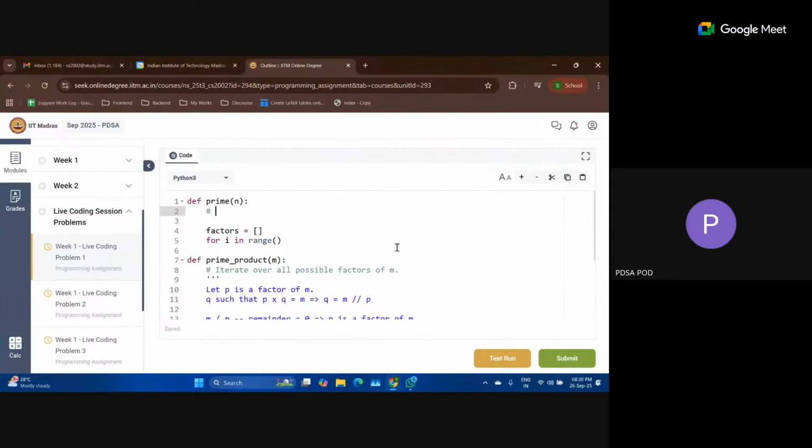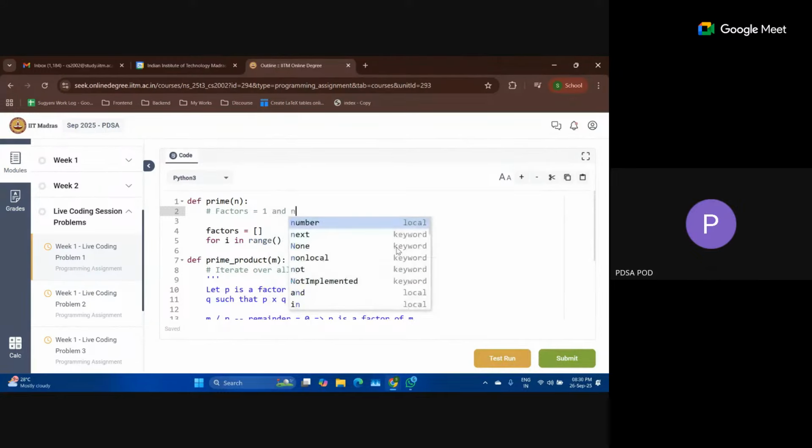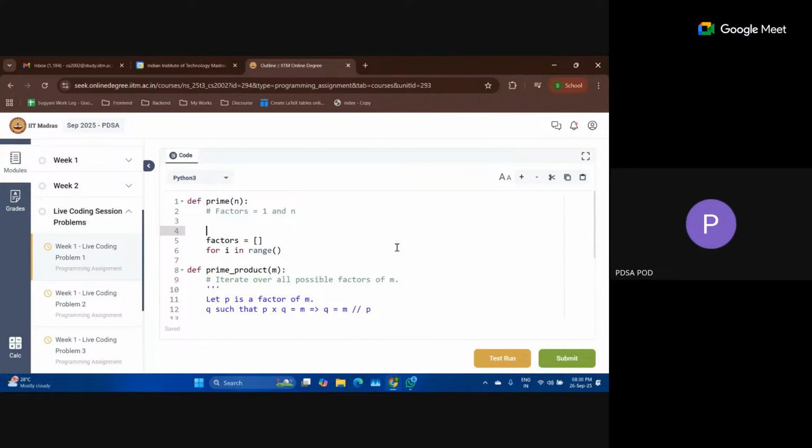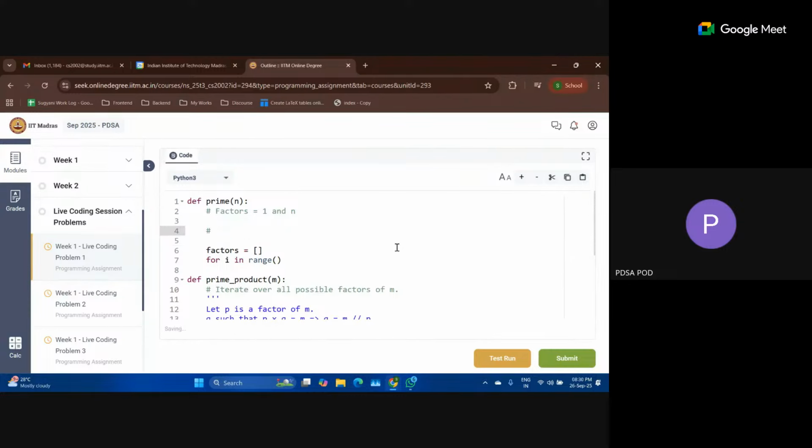So see, how do we know whether n is a prime number or not? That is the question. It should have only 1 and itself as factors, right? The factors are 1 and n. Other than that, no other number can be a factor of this number. So there are two ways to know this. You gave me another idea to solve the problem, so that's why I will be showing you two different ways.